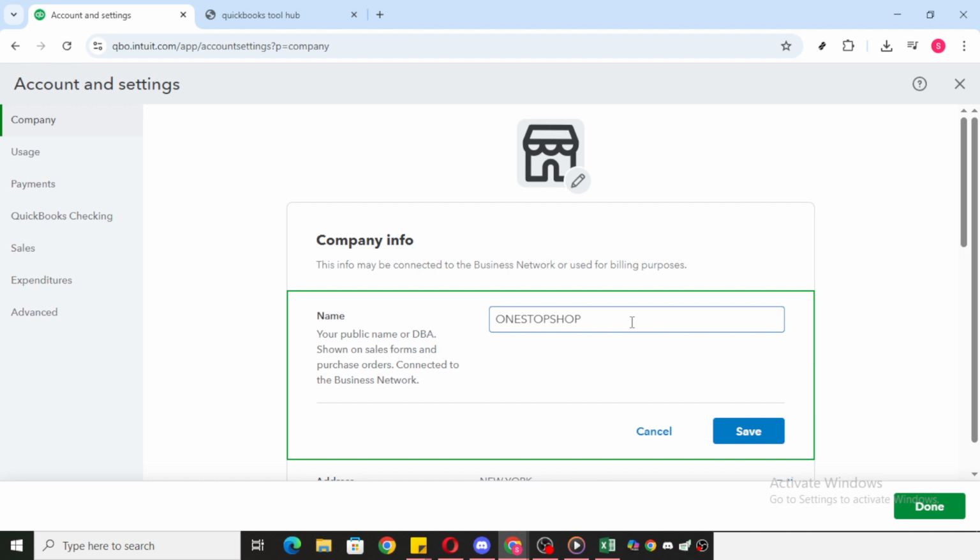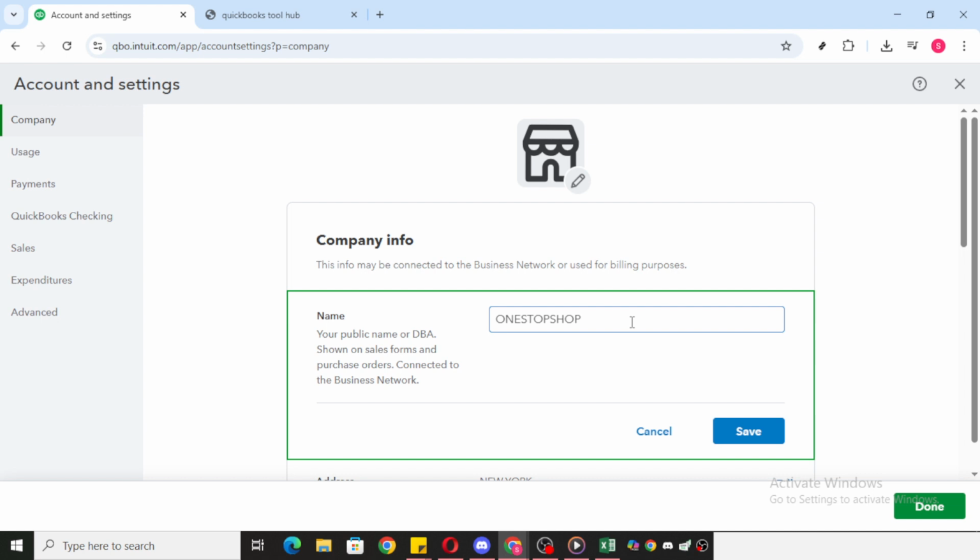Hover over the name and a small pencil icon will appear beside it. This icon indicates that you can edit the field. Go ahead and click on this icon to start editing the company name. An editable text box will appear, allowing you to enter your new company name. It's crucial to ensure accuracy here, so take your time to type in the correct new name. It might help to double-check with any relevant documents or business registrations you have to ensure the name you're inputting